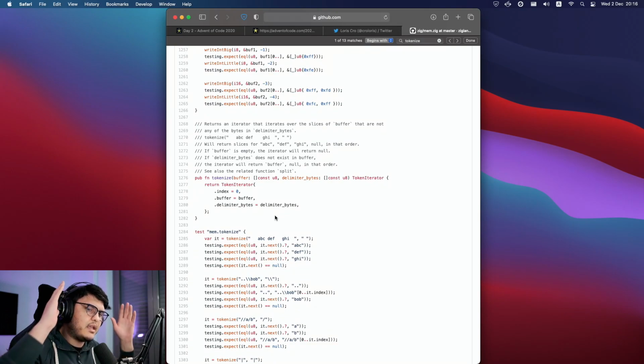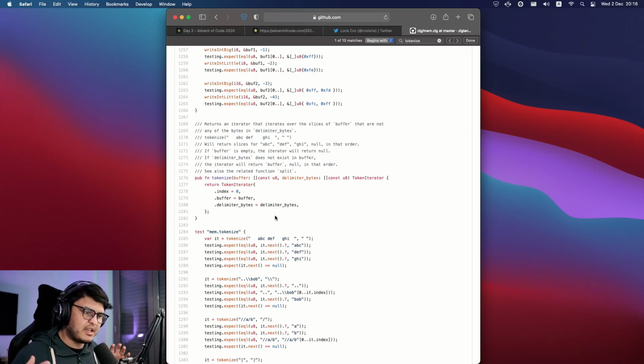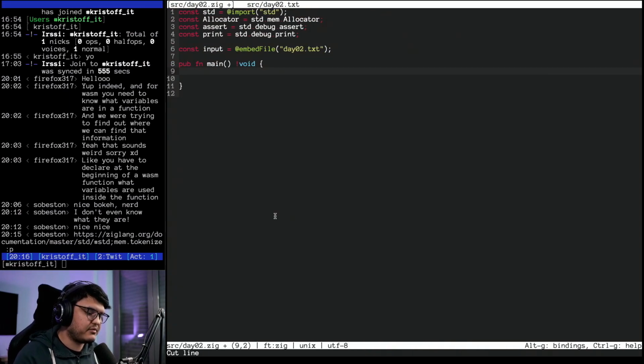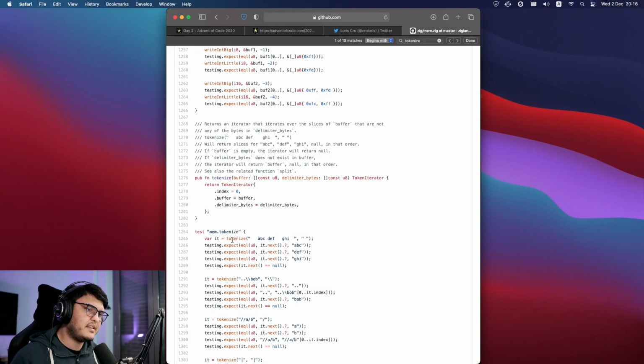So we can have a tokenizer that tokenizes on new lines. And then for each line token, we tokenize on... We probably don't want to tokenize anymore, since we have multiple delimiters and we want to do more structured stuff, so we probably want to do stuff more manually, maybe? I'm not sure. Let's start writing it and then we'll see. So we were saying mem.tokenize gives you an iterator.